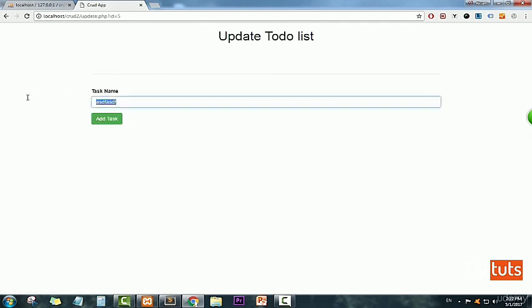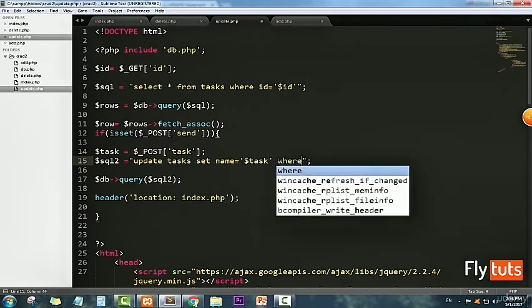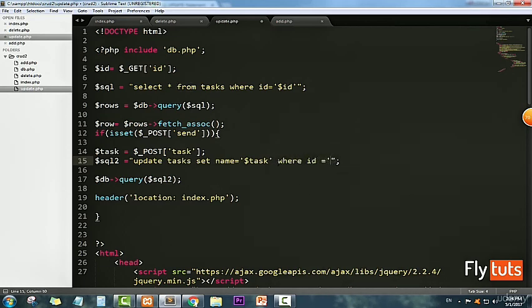So now if we refresh and click edit, click OK. I did mistake here. I shouldn't say update from, just update task, set task where id equal to that id that we get it